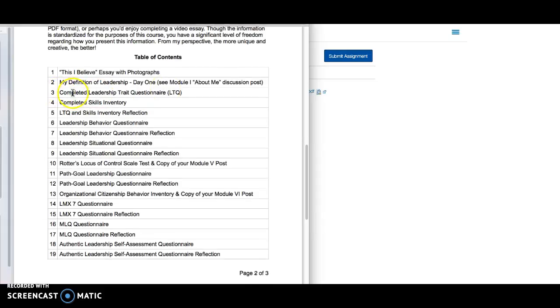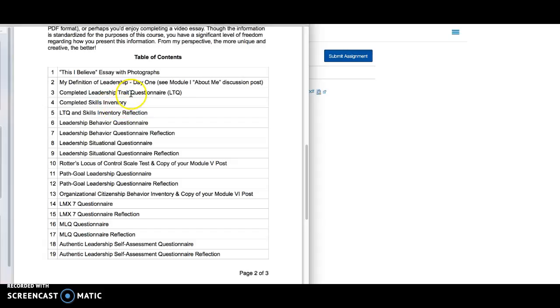And here you'll see that we start to look at the instruments that I just mentioned. Your completed leadership trait questionnaire, which is your first questionnaire assignment for the class. Your completed skills inventory, that's your second. And then here I ask you to reflect upon these two inventories together.